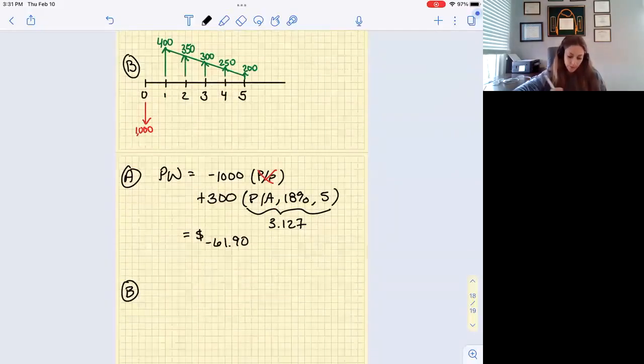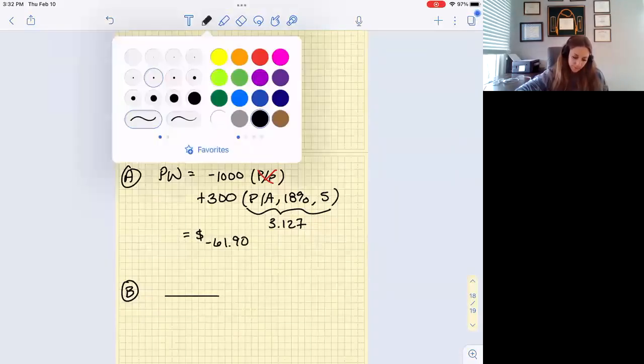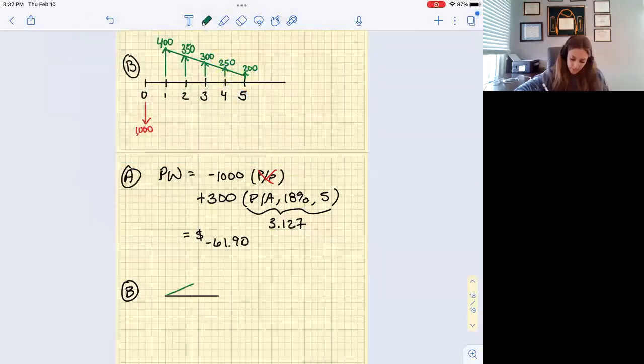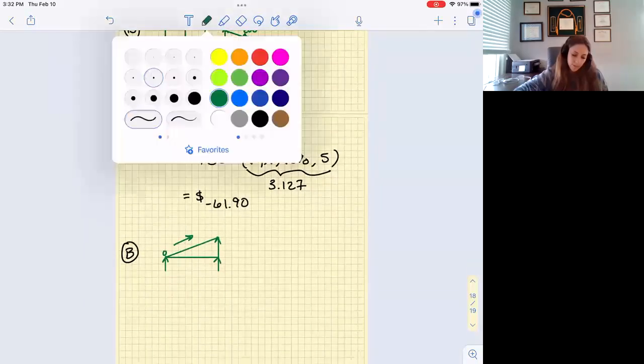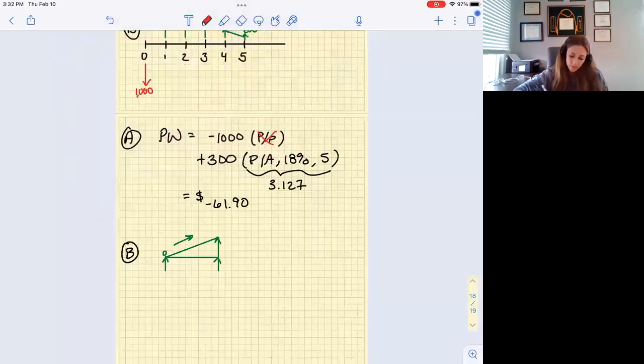Okay, so B. Now, before we start doing these calculations, I want to point something out. When we learned about gradients, remember, we said it could look like this, like it could be going up like this, right? And even if maybe this is also like an annuity underneath it, right? But it starts kind of at 0 and it increases going up. Yes, or a gradient could be going down, like it could start at 0 and go down this way as a cost,